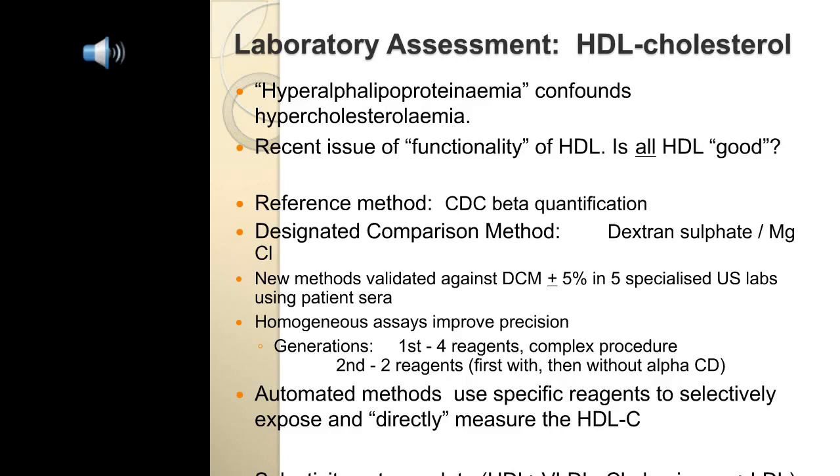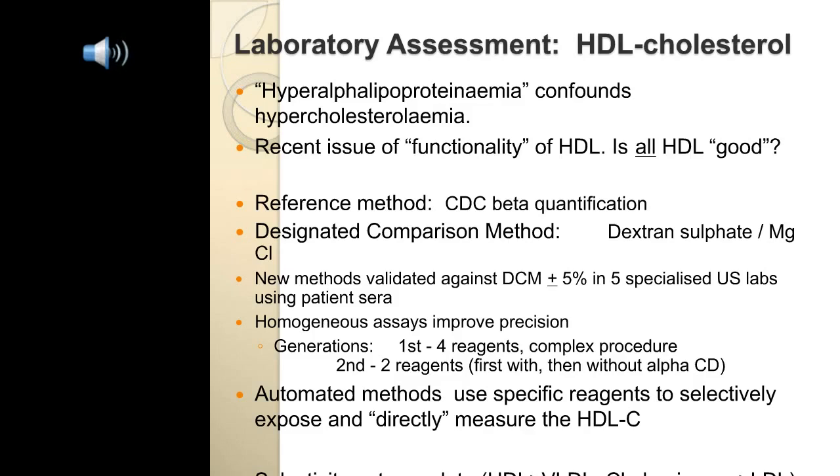However, we've moved to so-called direct methods, which have been validated against the reference, against the designated comparator method, and they've been through a number of different iterations. The early assays had quite a few reagents and complex procedures, and eventually required simplification. It came down to using a smaller number of reagents, often involving alpha-cyclodextrin, and there was an improvement in HDL performance based on the fact that these methods were automated rather than semi-automated,